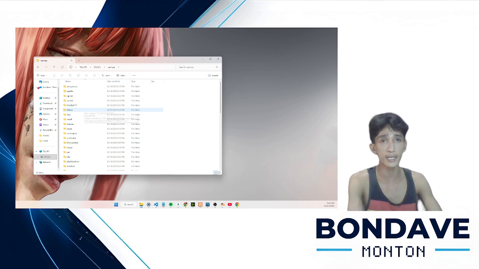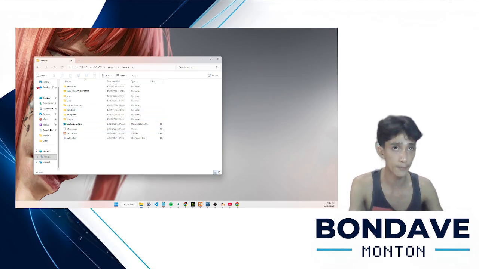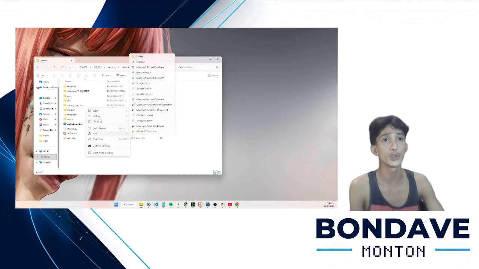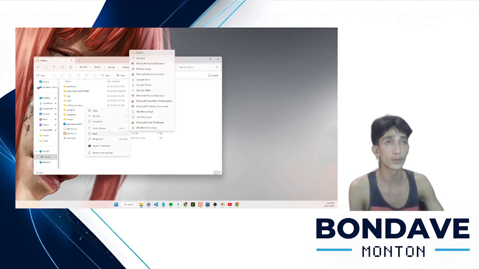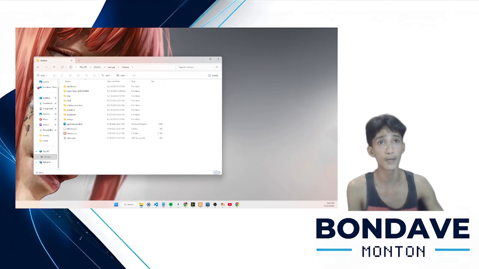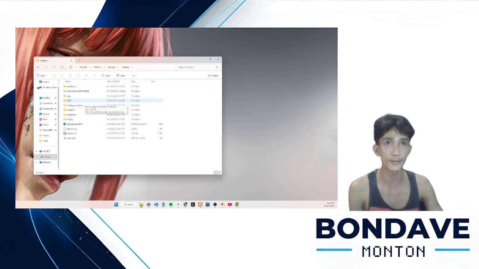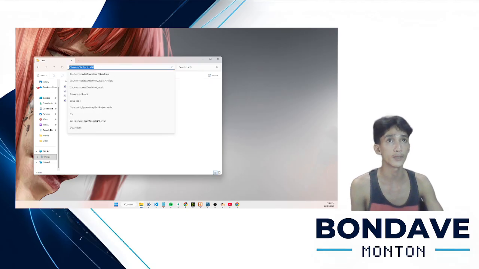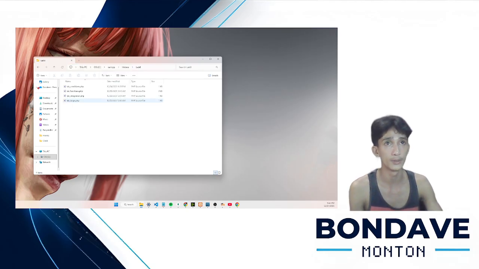Inside the htdocs, this is where we create our folder for our demonstration. For me, I have already created the folder. You just right click, choose New, then Folder, and name it as you desire. Inside it is my lab number 8 code.